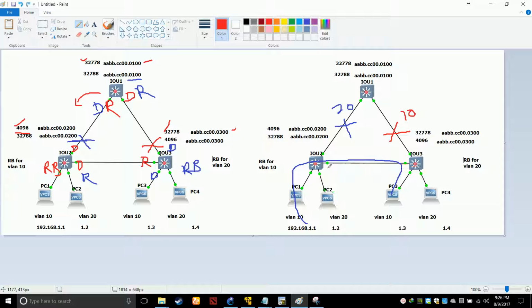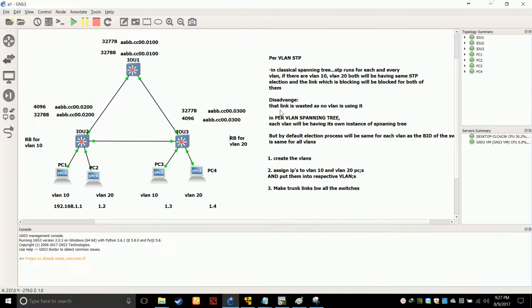So now what we might do, we will not make him the root bridge for VLAN 20. We will just let him be the normal guy and we will make this guy the root bridge for VLAN 20. So let's see what happens. That's why you have to try every permutation and combination so that you can get your desired result. Okay, so let's do this in take 2. We tried this and it failed. We don't want to make it a root bridge for VLAN 20, so we will make the priority 32768 only, and it will automatically become 32788 after adding the VLAN ID.